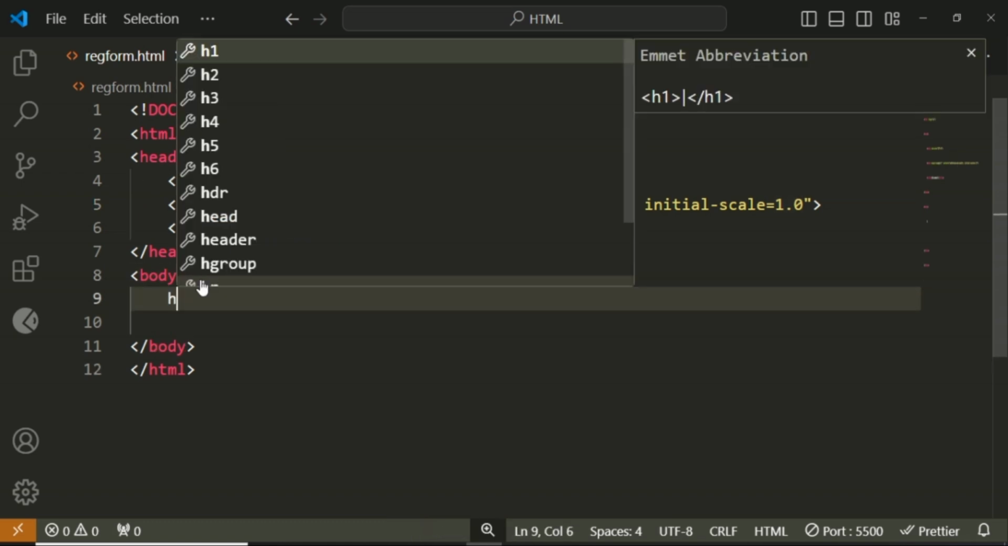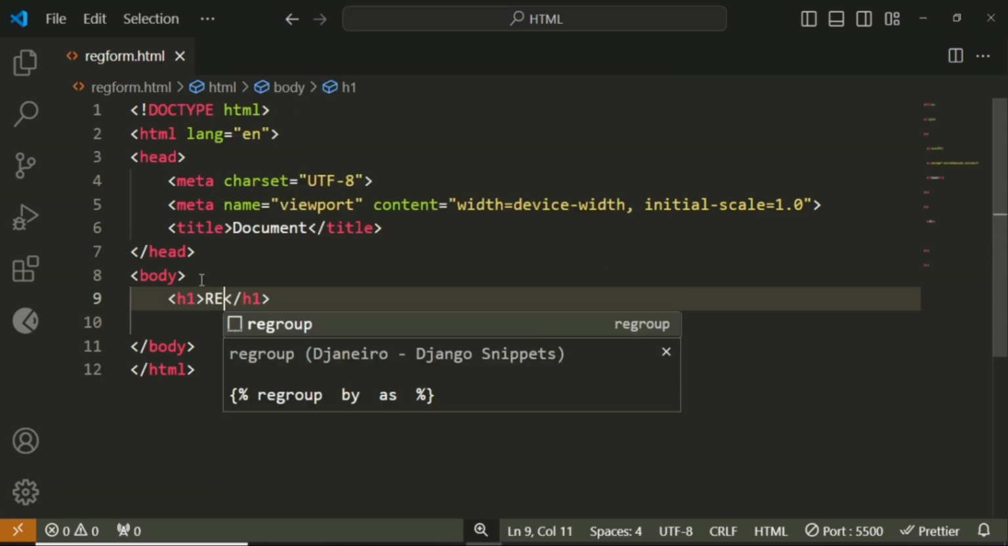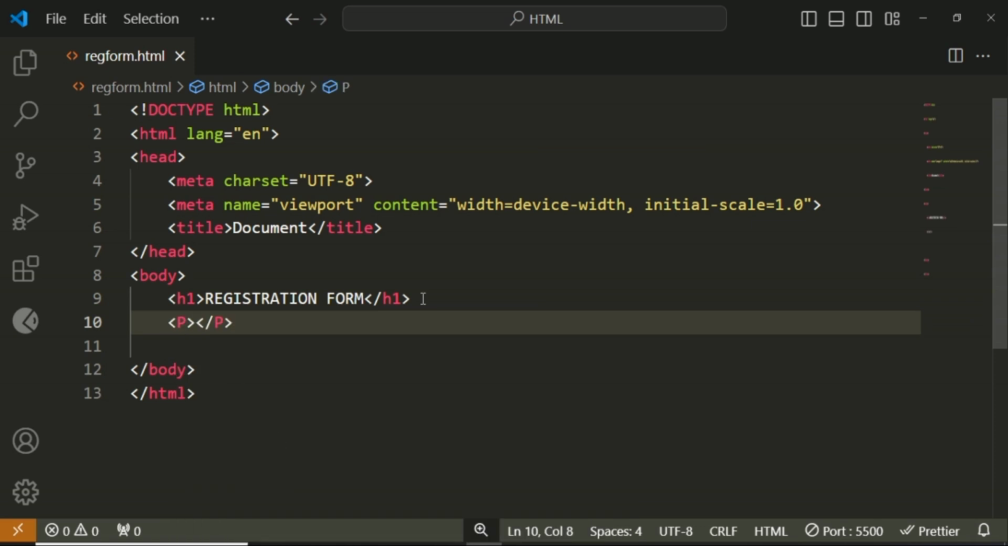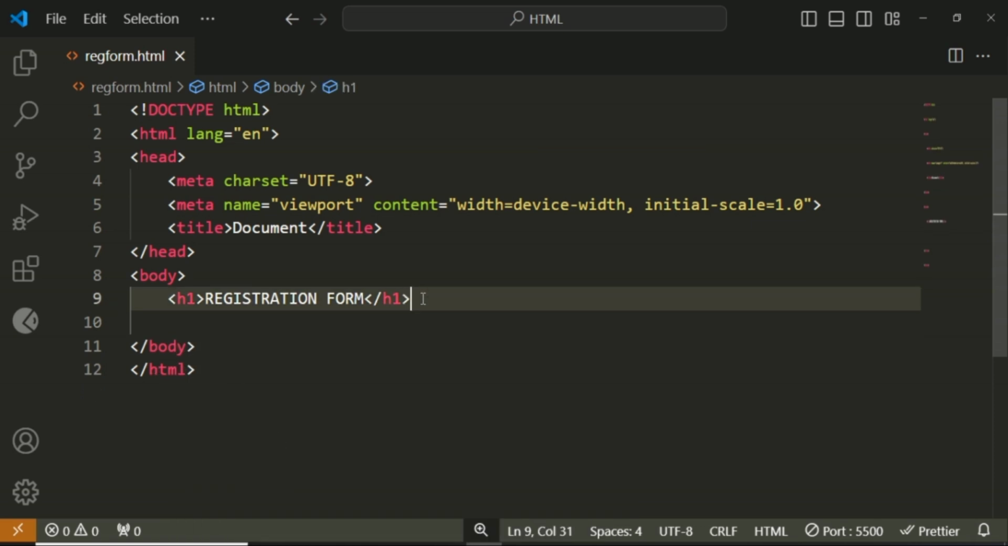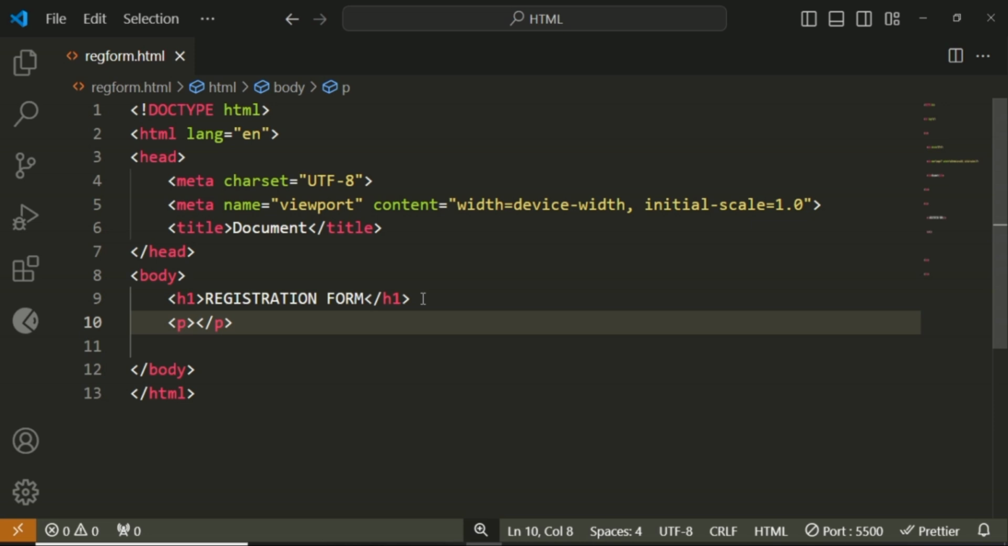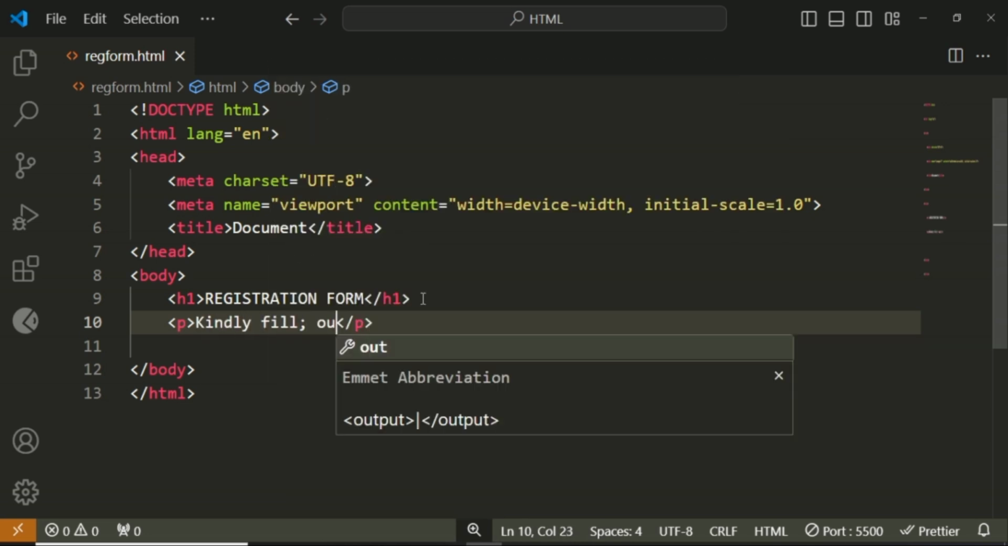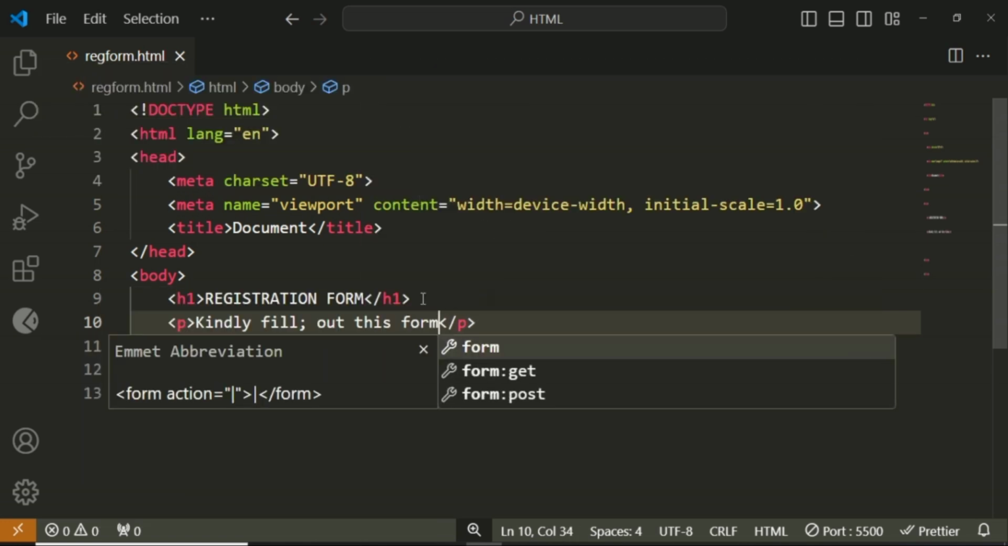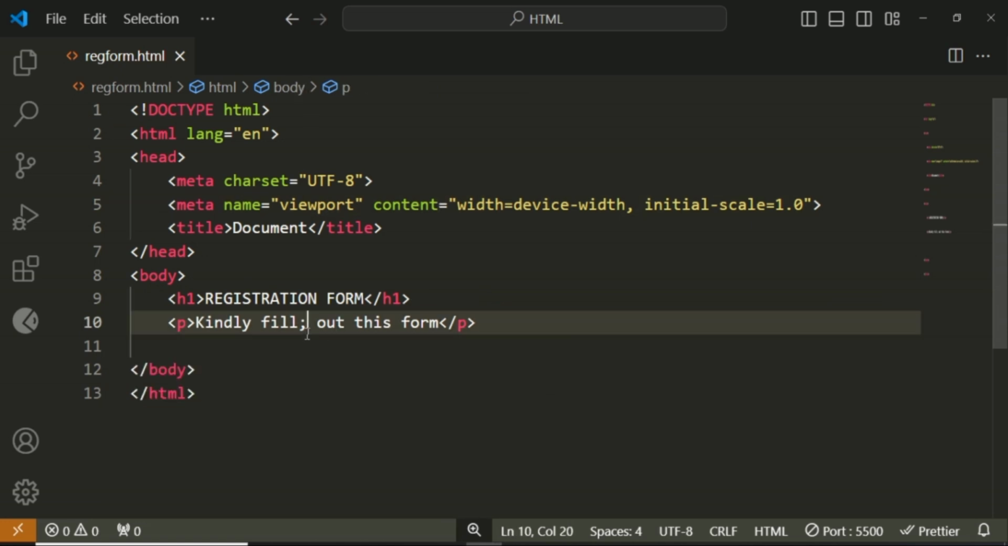So I'm going to start by saying H1, registration form. P stands for paragraph tag. So I'll press P, then I'll say kindly fill out this form. Okay, so